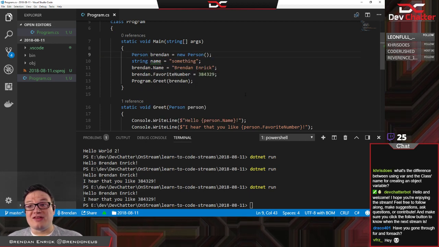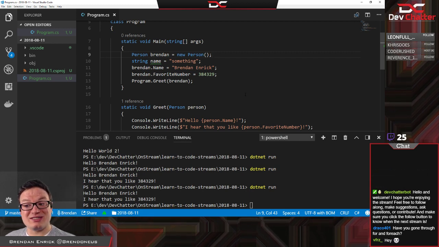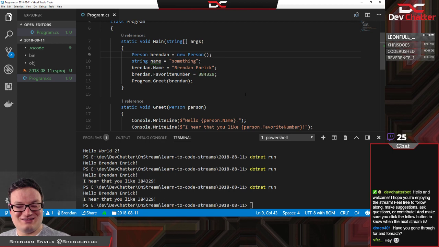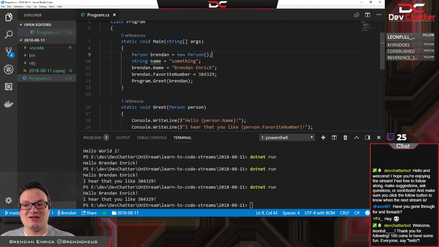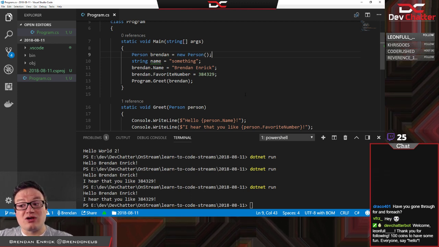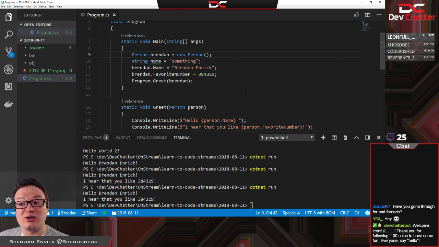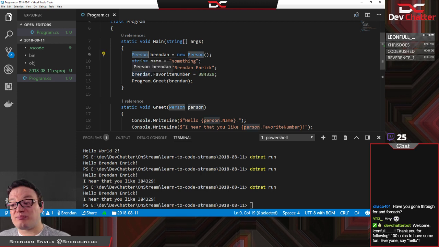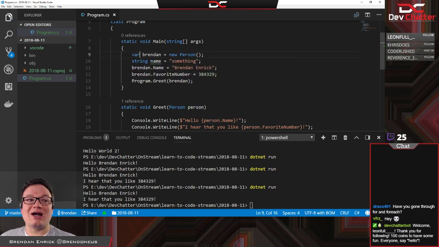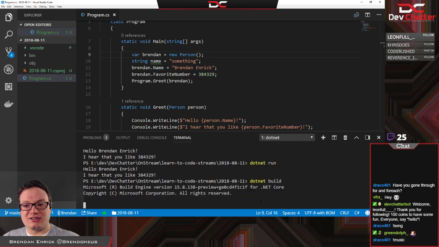Now, the difference here, just to clarify, Chris, is actually there isn't one. So that's the neat part. The difference is actually on our end. We are the ones who notice that change. So the programmer, the developer, you, I, the rest of our team, we're the ones that see that difference. When we say var here, what happens is when we type in dotnet build down here,